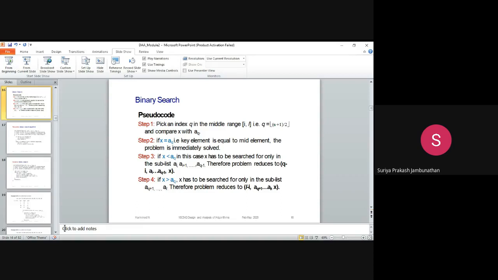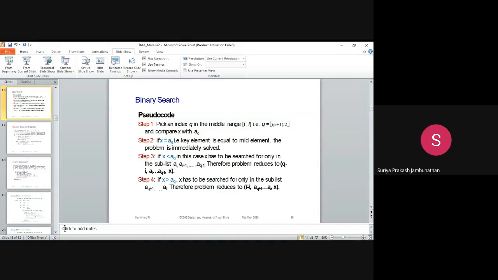So here the q is n plus 1 divided by 2, and compare x with a suffix q. Whatever the x value, the key value we have, will be compared with the elements of a. So a is the sub elements in the particular binary search. Here every element will be searched with the key element.